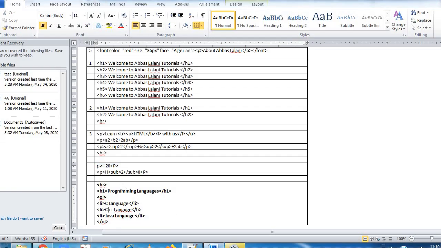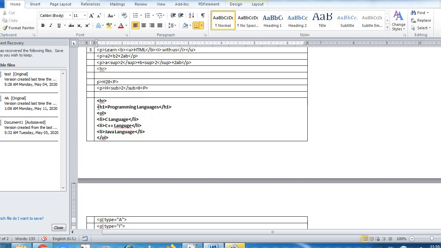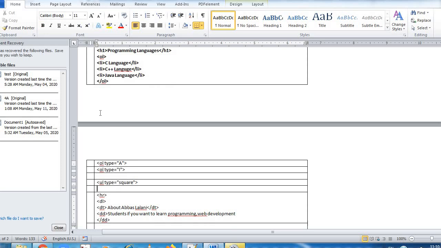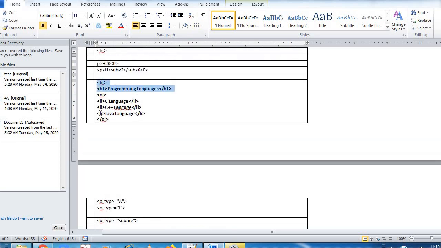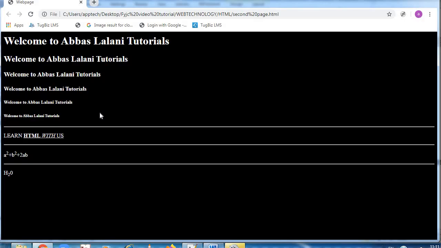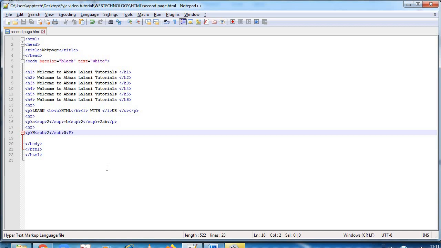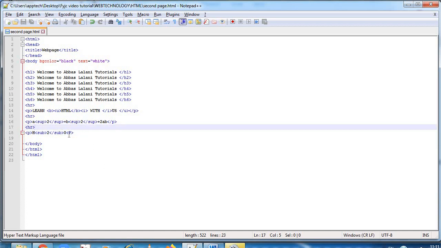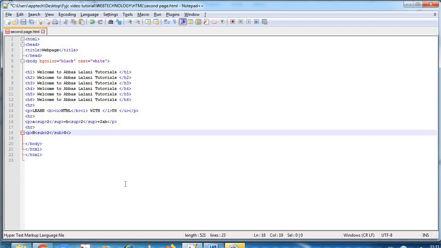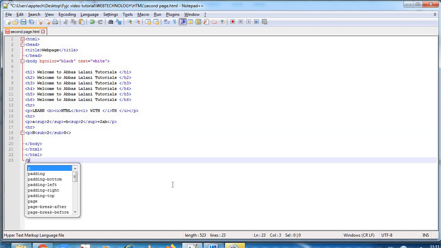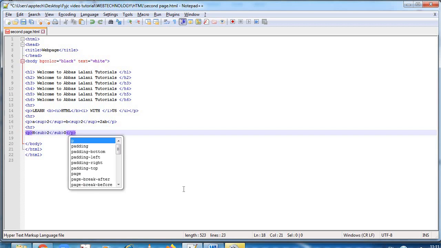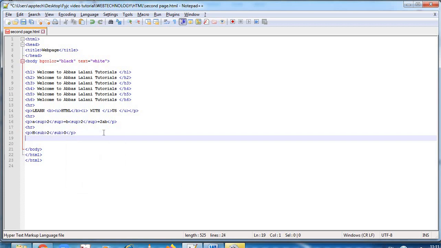Now we will be learning lists: ordered list, unordered list, and the data list, DL list. Now how it goes on. Again after this, I'll create one horizontal line.